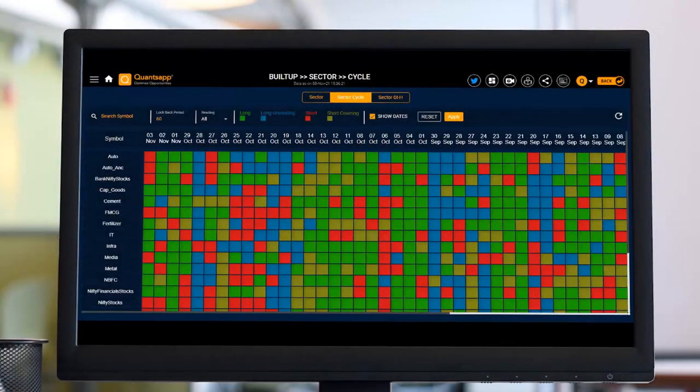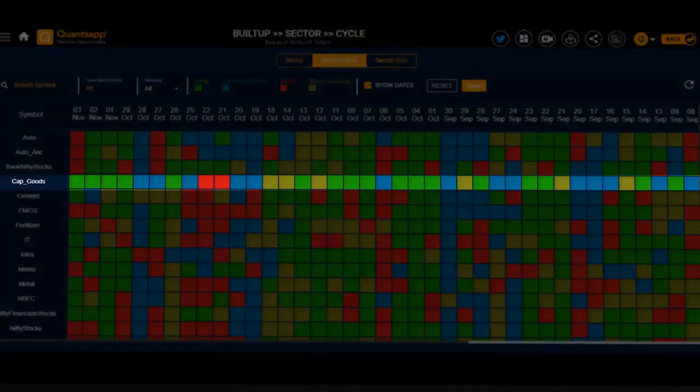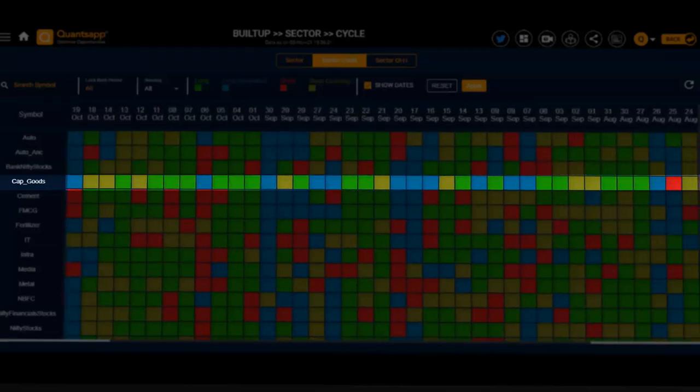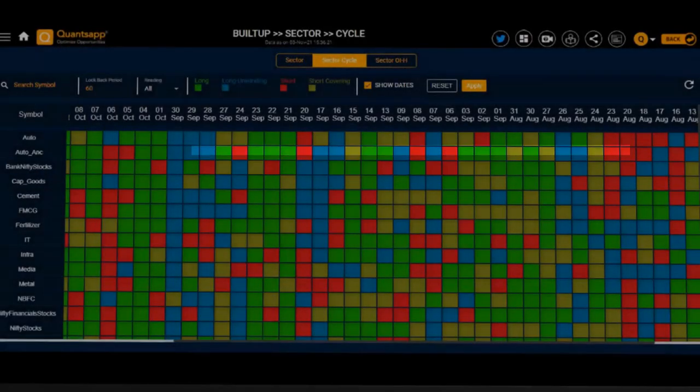Now, if we check capital goods specifically, as I said, if you know that the sector individually for that day is in a good momentum, your sector should also have significant strength along with it. So if we check for capital goods, there were just 2 short build-ups since 27th of August 2021.